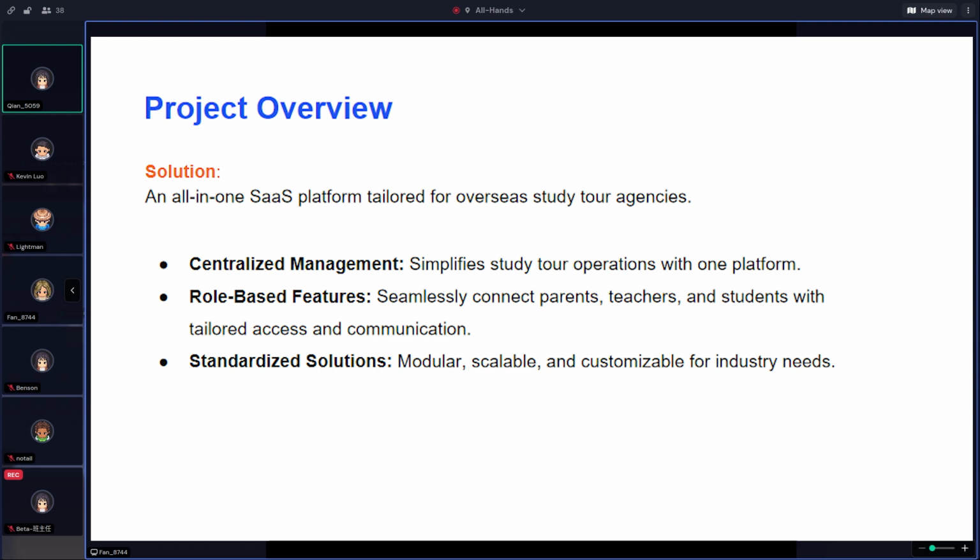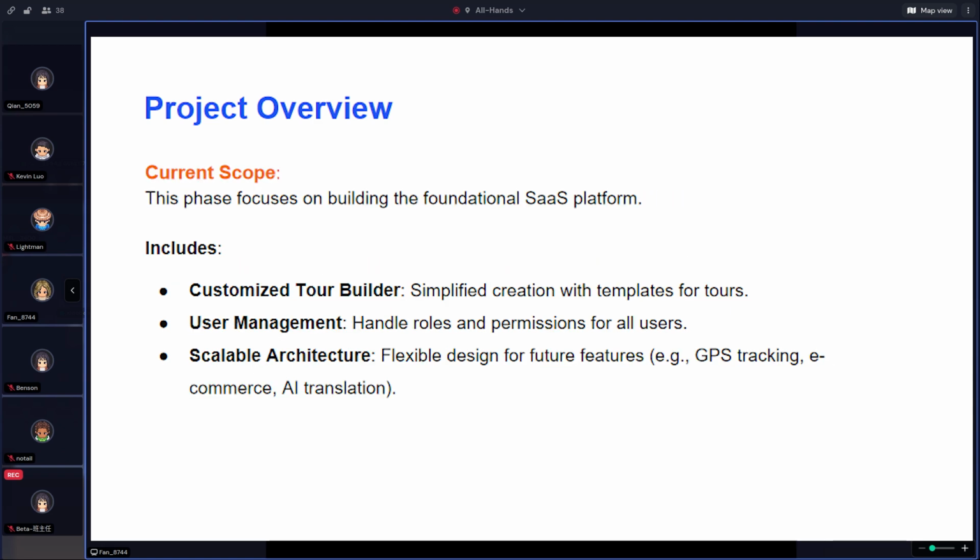The platform is standardized but customizable, allowing agencies to add their own branding and scale features based on their needs. Next slide, please. In this phase, we're focusing on fundamental feature building, such as a customized tour builder, which can